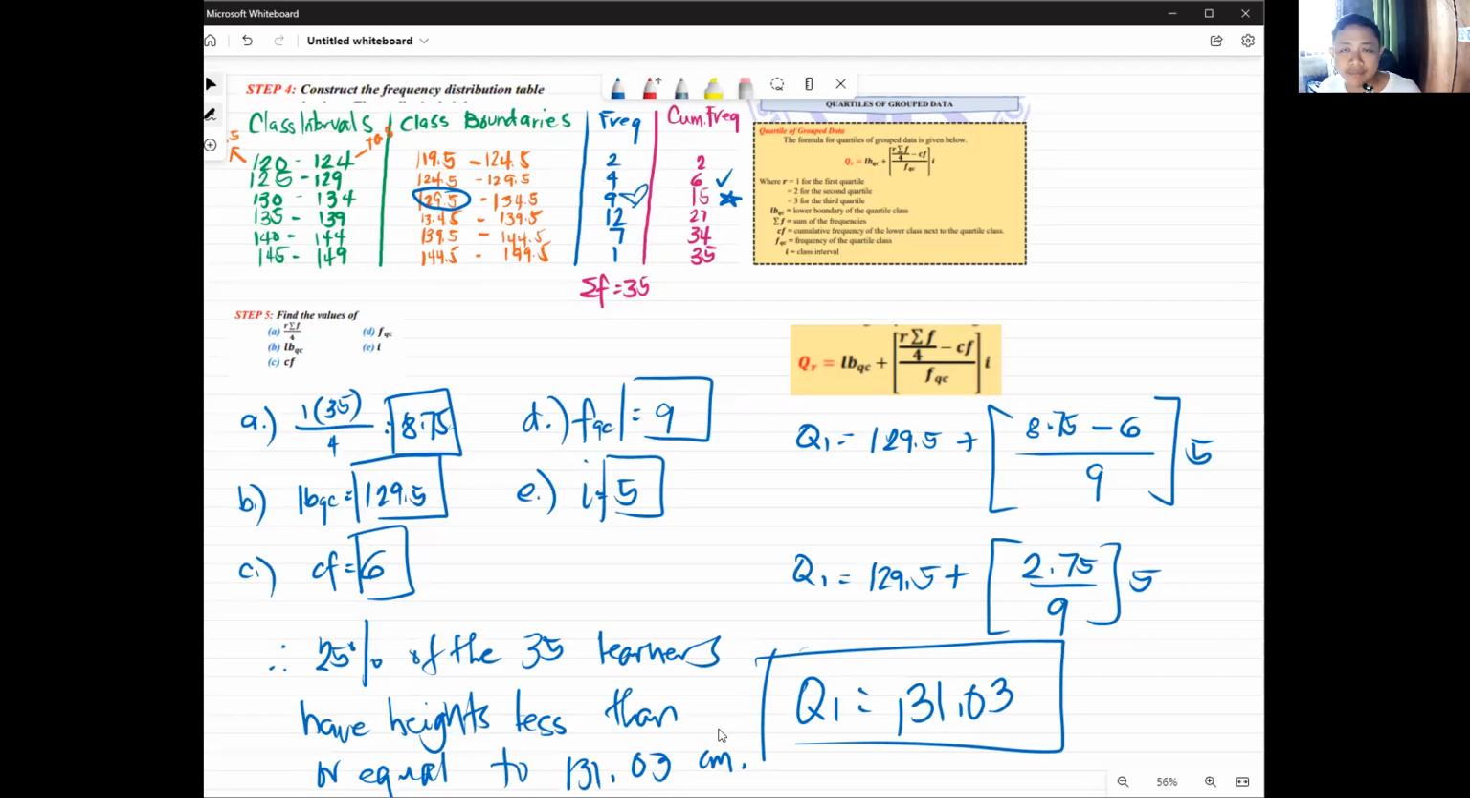Laging 2 decimal places lang po ilalagay sa final answer. Yes. Safest lagi yung 2 decimal places. Okay? Another question or concern? Okay. Thank you so much. So actually that process was done manually para alam nyo kung saan ba nanggagaling yung frequency distribution table. But in our next example,